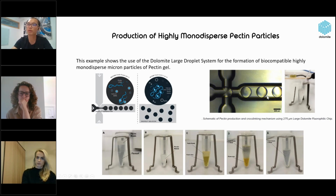If you have a look at this image, it's showing the real image of what happened inside the 270 micrometer larger droplet junction chip to make the pectin hydrogel. So it can generate droplets of around 100-200 micrometers, and the product after droplet formation will be collected in a centrifuge tube which contains an acid environment. The bottom images show the process of separating and dispersing the hydrogel beads after